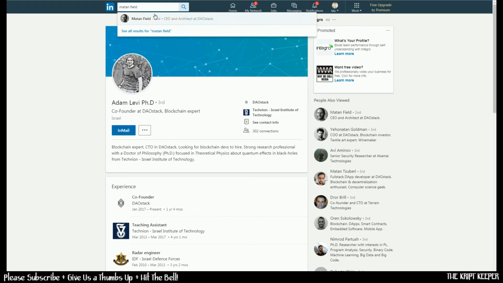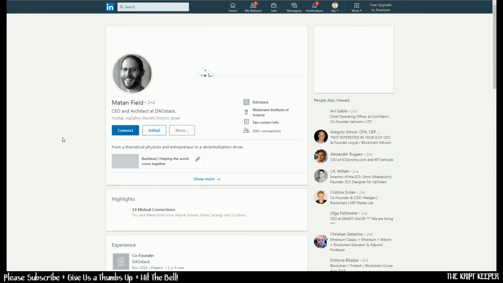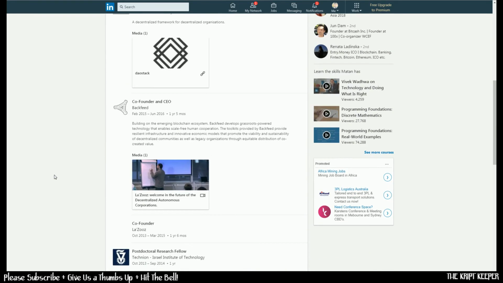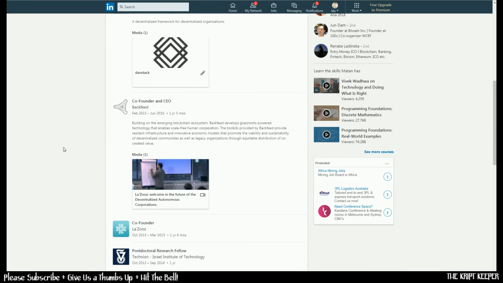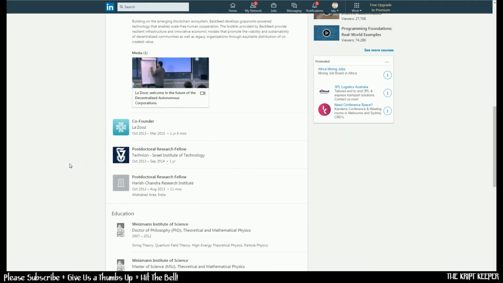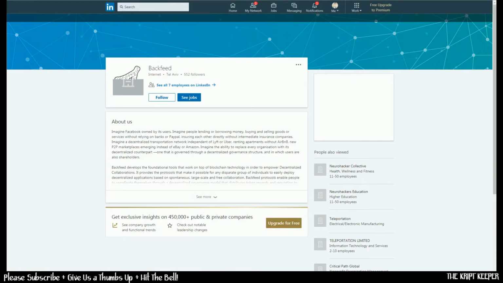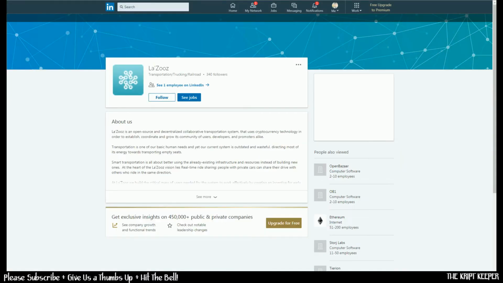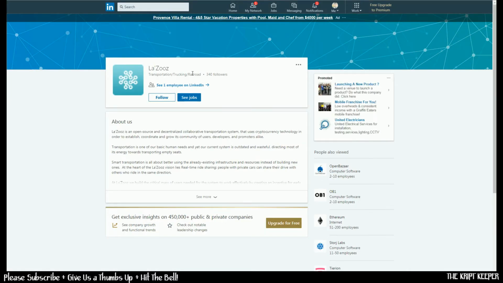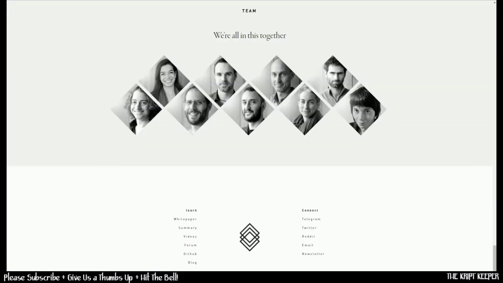Matan Field. There we go. So he does have a LinkedIn. Co-founder and CEO at Backfeed, co-founder at Lazuz, postdoctoral research fellow. I do not see an all-star here either. Transportation, trucking, railroad, Lazuz, one employee on LinkedIn. I suppose that is just him. And again, cannot click Matan. Josh, we had open. Let's do Oren